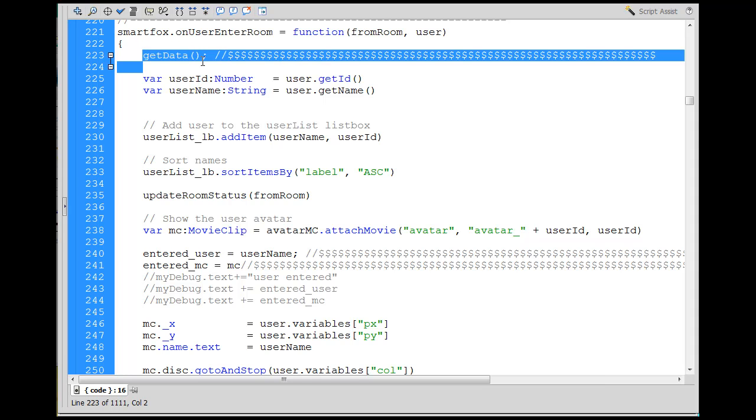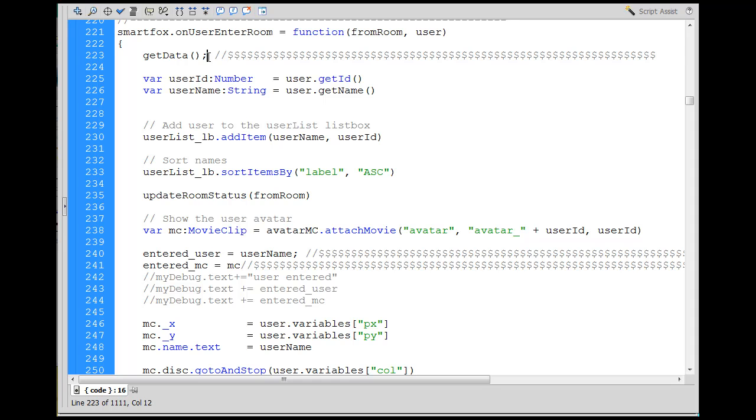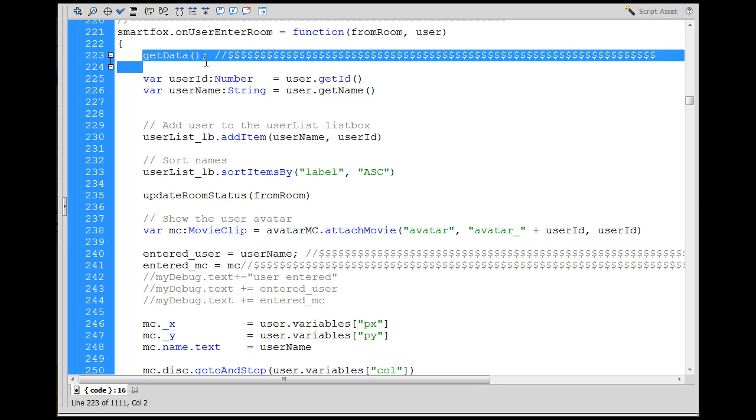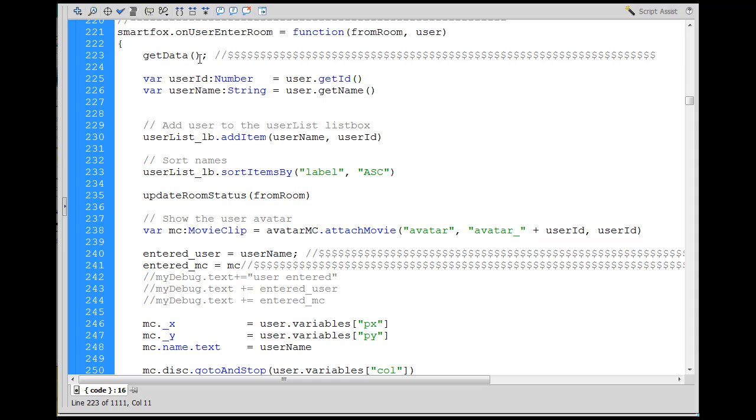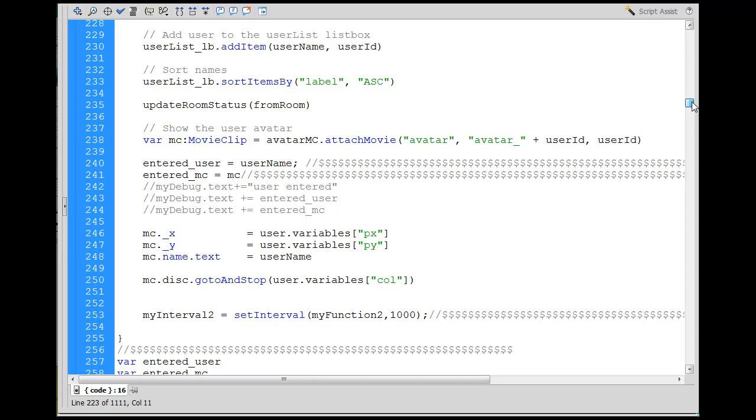But we're going to get the data, which is going to go talk to the server side script, and it's going to go get the data out of the MySQL database. So we'll look at the getData function. It's down at the bottom later, right? But suffice it to say, that's what it's going to do. And then let's see, what else did I do? I said down here,